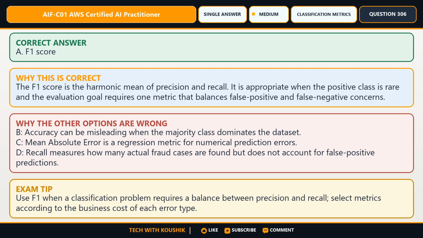C. Mean absolute error is a regression metric for numerical prediction errors. D. Recall measures how many actual fraud cases are found but does not account for false positive predictions. Watch for this clue in similar questions. Use F1 when a classification problem requires a balance between precision and recall. Select metrics according to the business cost of each error type.